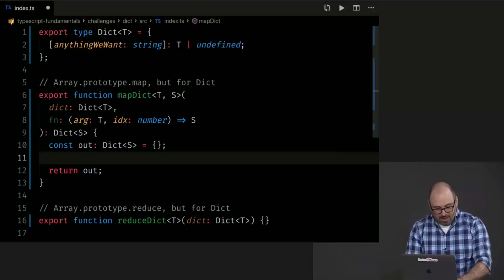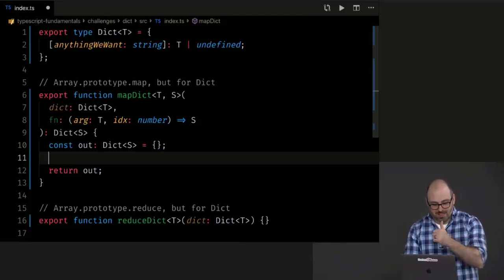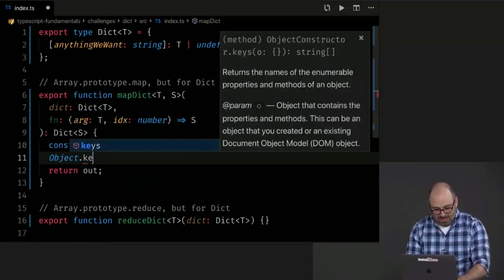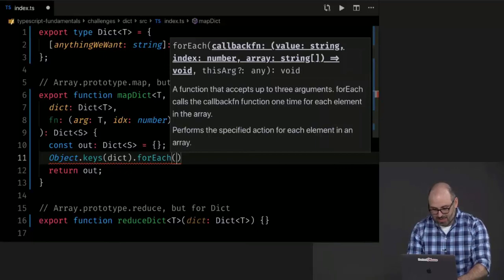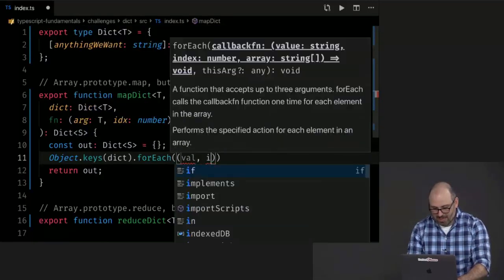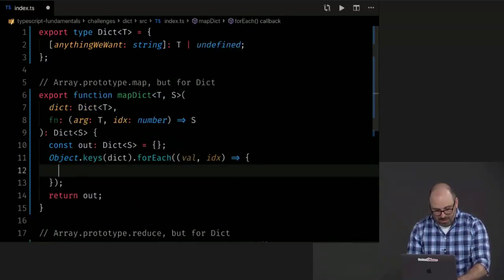And now, how do we iterate over an object's keys? Object.keys. Good. Object.keys(dict), and I'll just use forEach. And this receives a value and an index. That'll be useful to pass along. And we'll say we're going to place in the output dictionary